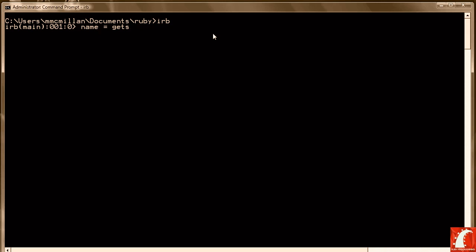So this line is going to retrieve data from the keyboard and store it in the variable name. When I hit enter, the cursor stops, waiting for me to enter data from the keyboard. And then when I do that, it's going to return the value stored in the variable. If I type Jane, it returns Jane along with an appended or concatenated newline character, which is a feature of gets. What that means is that if I access the variable value, I'm going to get the newline character every